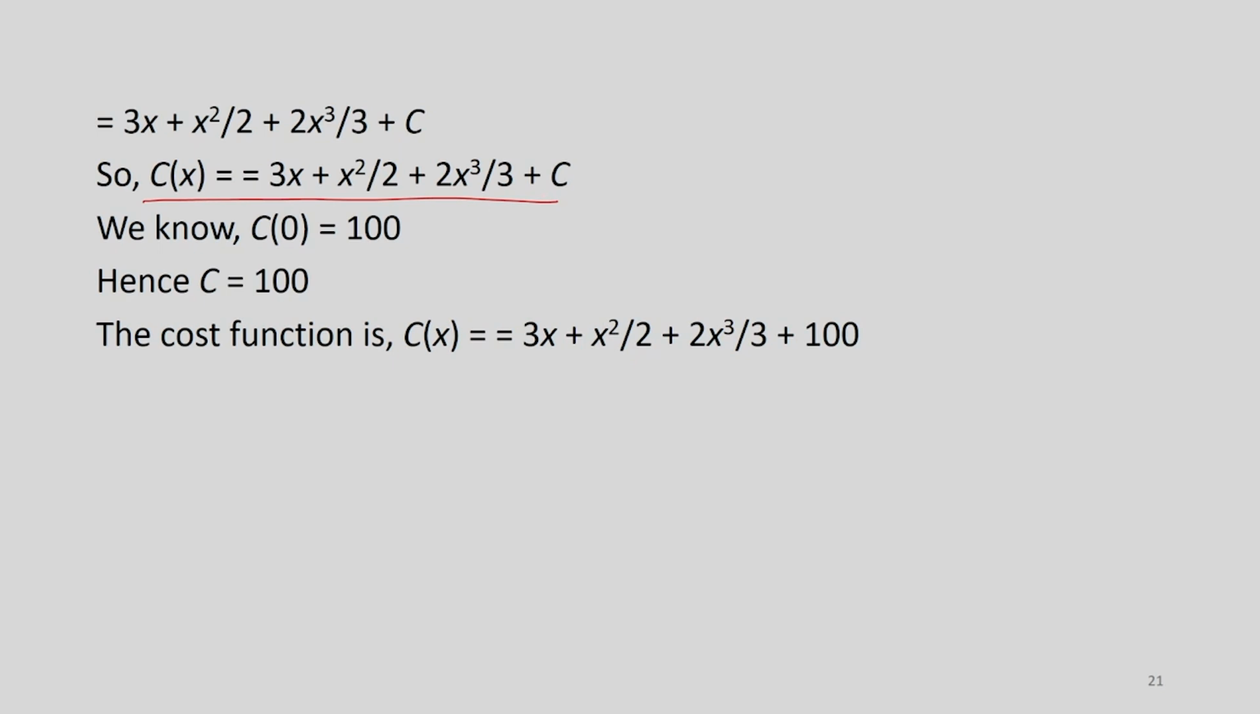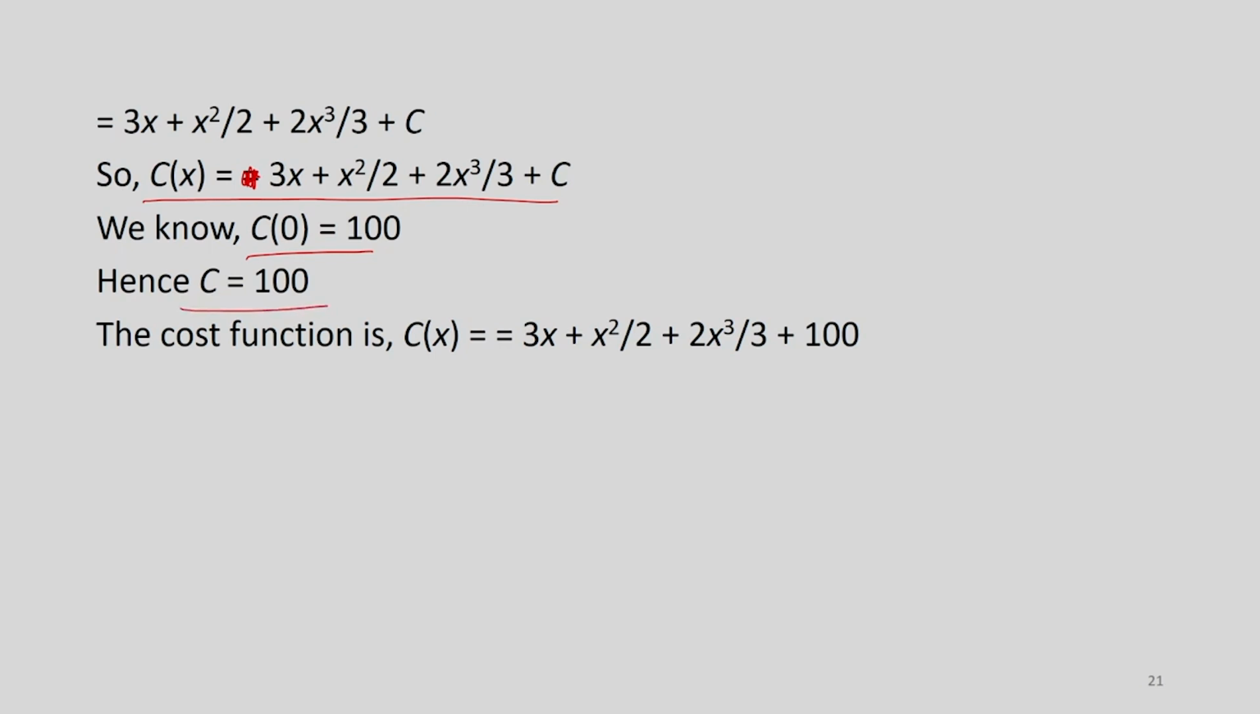right, but here obviously there is this plus c term, and I have to get rid of that, and here I am using this information that c of 0 is known to be 100. So, if I put x is equal to 0, then the right hand side becomes c and the left hand side is known to be 100. So, therefore, c is equal to 100,